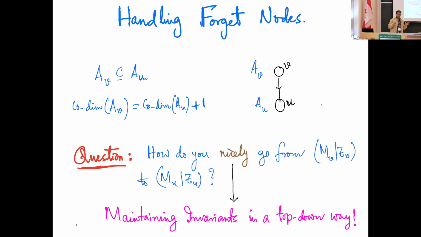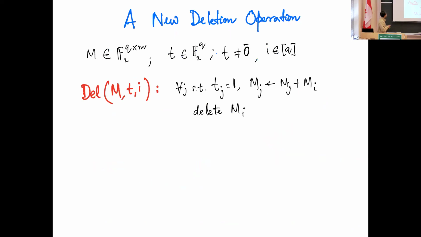When you have a forget node, somehow you are maintaining a representation of your affine space so far. Any affine space is given by a set of linear constraints, and this was the matrix of linear constraints which was being maintained. There was some bookkeeping going on. And now suddenly you have to descend into a new affine space, and that affine space contains you. So how do you do that in a gradual way so that the invariants that you were maintaining continue to be maintained? This turns out to be the main work.